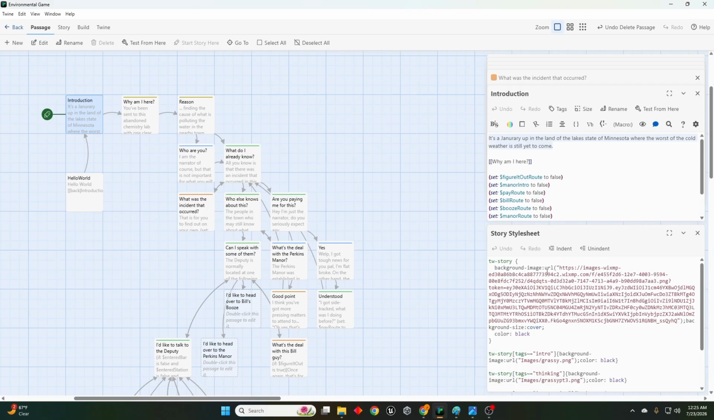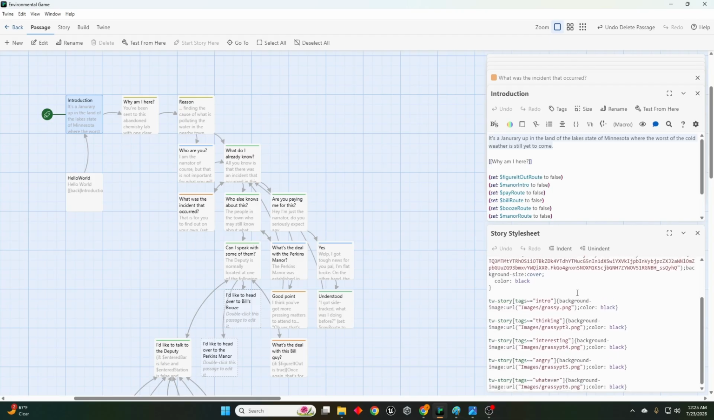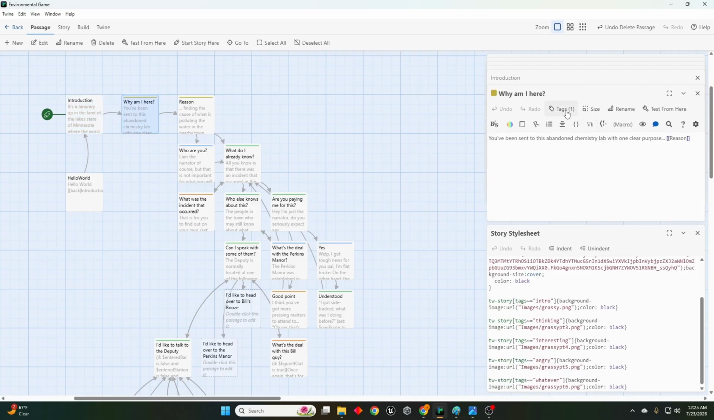in your game. But if you want to select certain images for certain nodes, you can use this popular method that I have found, and it's pretty much called tags. So each of these nodes has a tag, right? This tag is called intro. This tag is called interesting. And I named a lot of these tags based off of